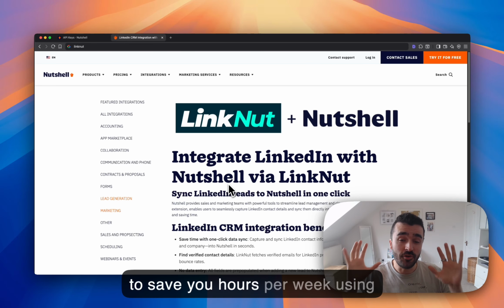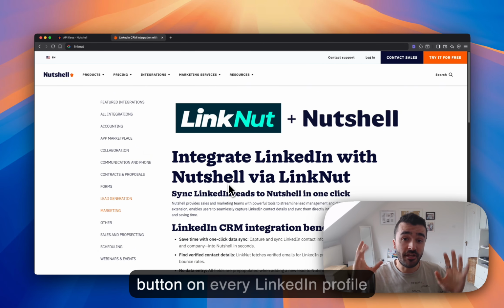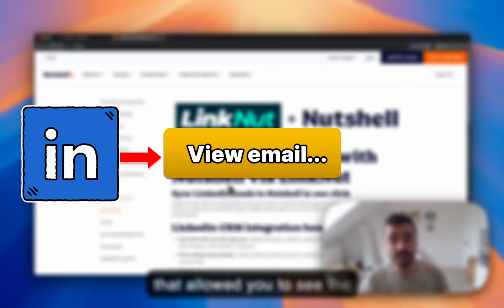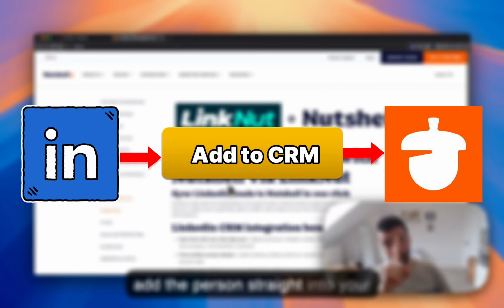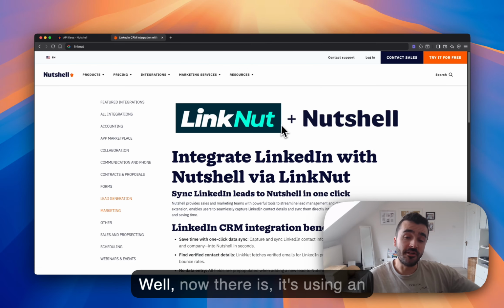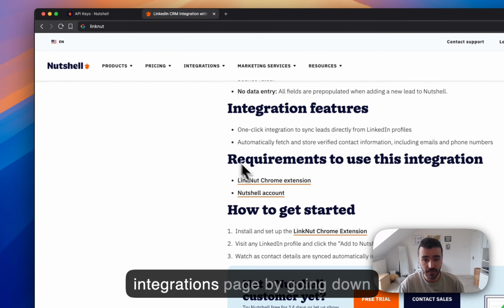This app is going to save you hours per week using Nutshell CRM. Imagine you had a button on every LinkedIn profile that allowed you to see the person's contact details, and another button that allowed you to add the person straight into your Nutshell CRM with just one click. Well, now there is. It's using an extension called LinkNut, and you can get it on the Nutshell integrations page